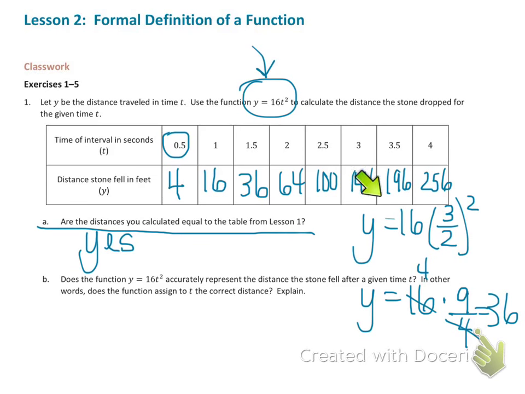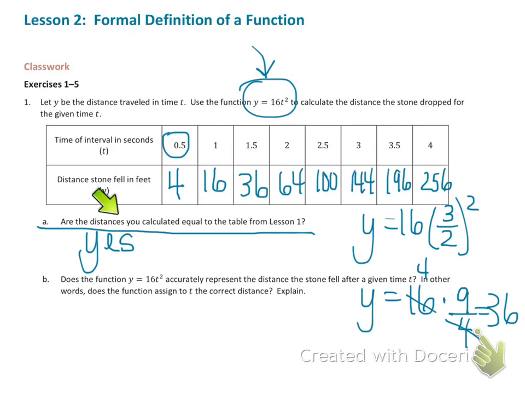So I put in 1.5, which is 3/2. So 16 times 3/2 squared. 3/2 squared, which I have to do by order of operations first, right, is 9/4. 3 times 3 over 2 times 2. I can take a factor of 4 out of both of these, and I'm left with 4 times 9, which is 36. So the distance traveled in 1.5 seconds was predicted to be 36 feet by this function,